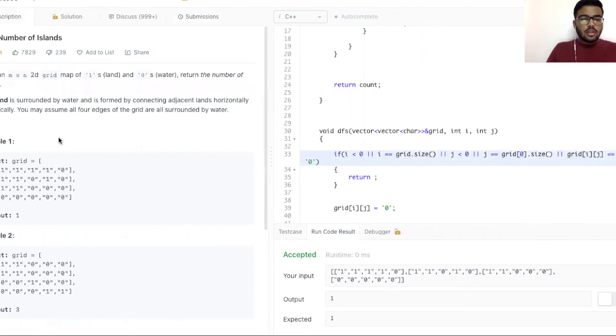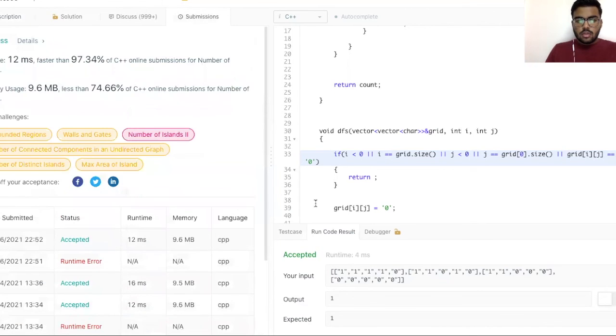Grid.size() gives us the size of the array, but we have to check if it is at the end. If it is at the end, then we have to return. Checking only for greater than would count one more than the actual size of the grid. So let's run the code. Yeah, that works.